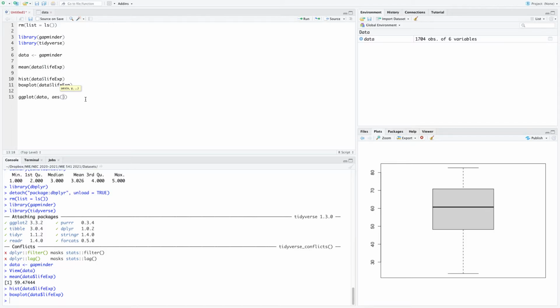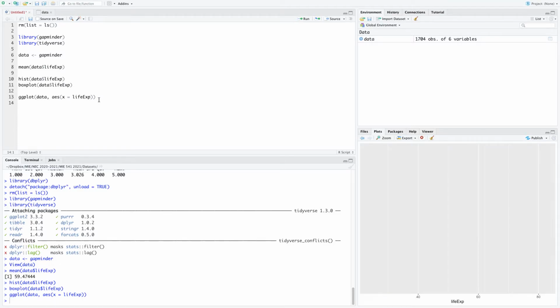We're going to start simple. These are univariate graphs. It's just one variable. And we're going to say, I just want the life expectancy on the x-axis. So I'm going to do x equals lifeExp. Notice I don't have to do the dollar sign because I've already told it where the data is coming from. Now, if I just run this, not much is going to happen. I get this sort of blank graph because while I've told it I want life expectancy on the x-axis, I haven't told it what sort of object I want to